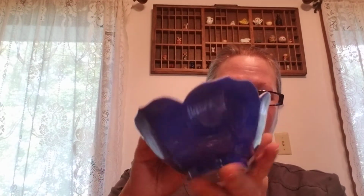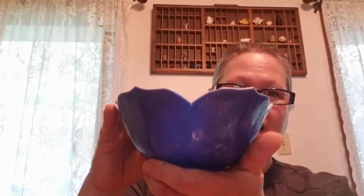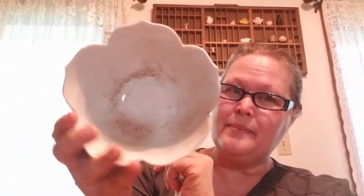So next I got is this beautiful tulip-shaped bowl. I love this blue color, and the edges are so pretty. See how dirty it is? Ugh. Needs cleaned up, but